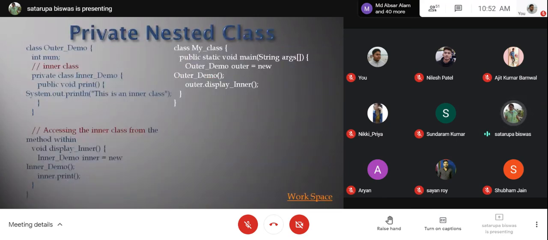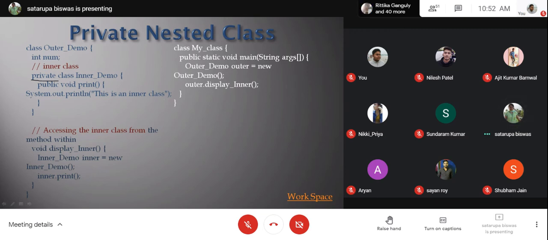So as a first example, we have the private nested class. In the private nested class, you can see this is the outer class, where inside you have a variable here. Then the inner class started, which is declared as private. Now the private class has a print method, which is printing something.